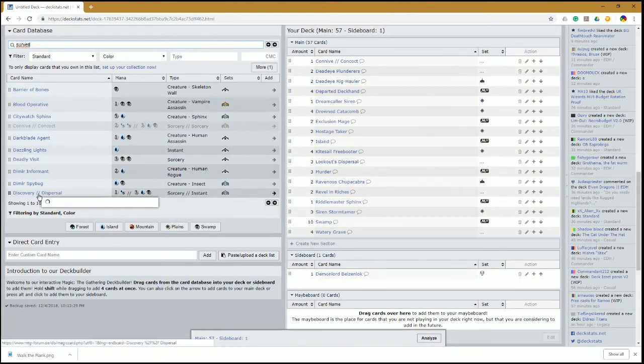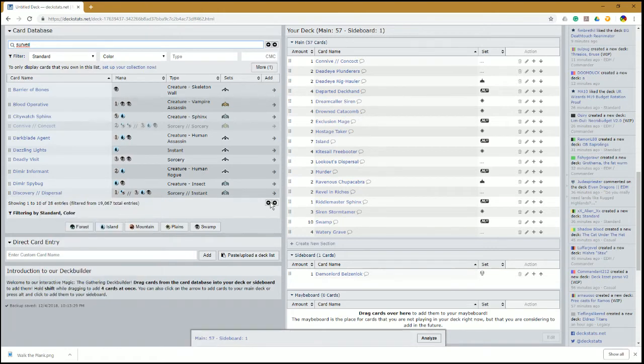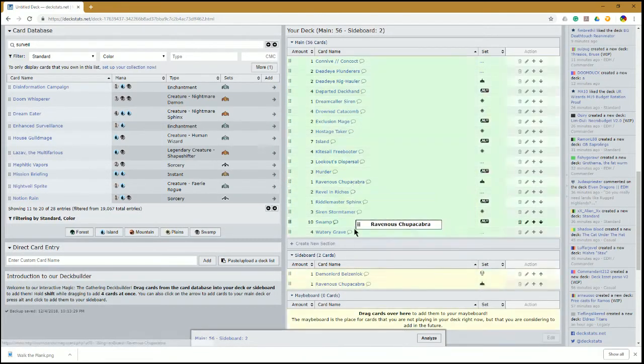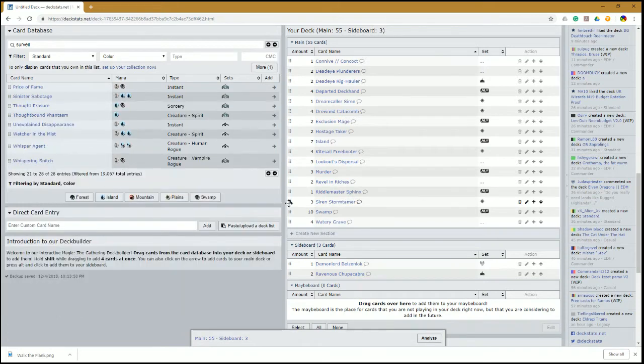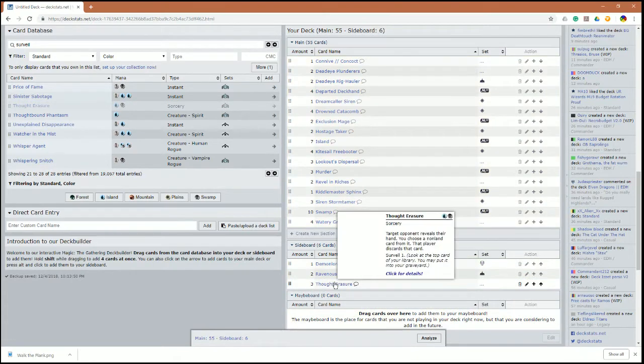So Discovery Dispersal, not so much. I don't need to Surveil that badly. The return is not so great either. Oh yeah, speaking of which, I do need better removal. Okay, I'm actually going to move the Chupacabra to the sideboard. Something unheard of. Notion Rain gives us some card draw. I think I'll just go with the Curious Obsession plan for the card draw. Thought Erasure is actually a good sideboard card. If we're up against a certain control deck, we definitely want to erase our opponent's...